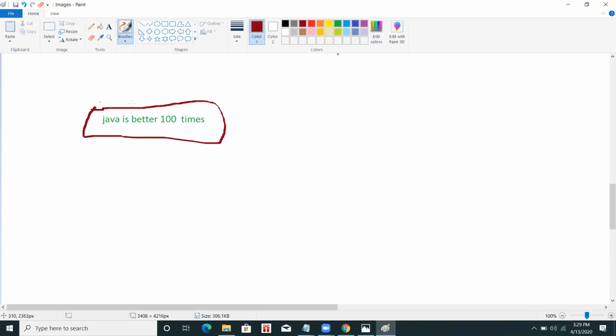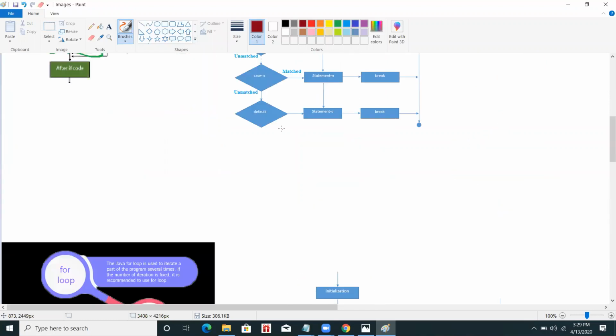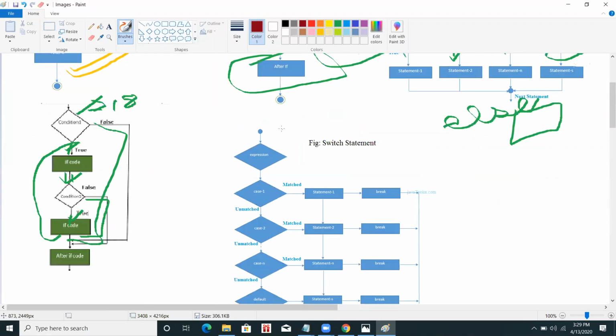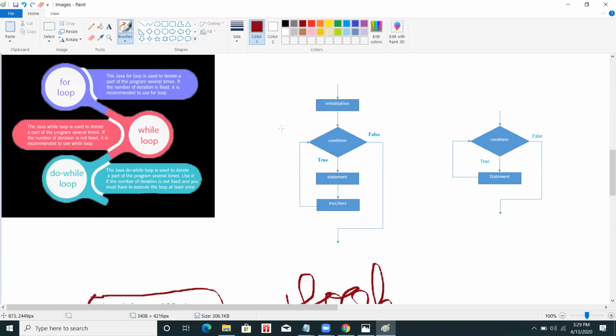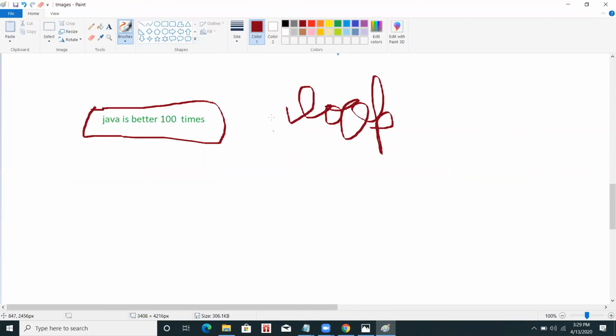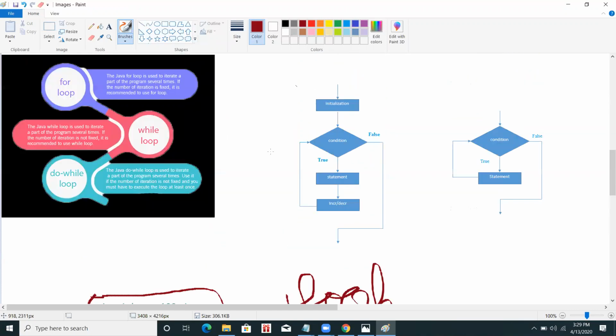So what is the other thing I can do? I can use a loop. Now what is a loop? A loop is a type of iterative command. It is a type of iteration which goes on and on until the condition becomes true. Until the condition becomes true, it just works. Here is a simple example of how it works.